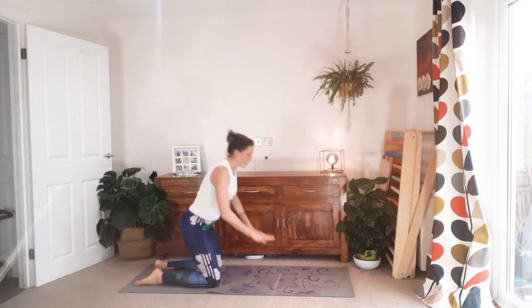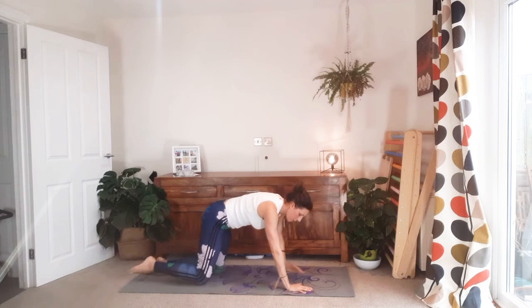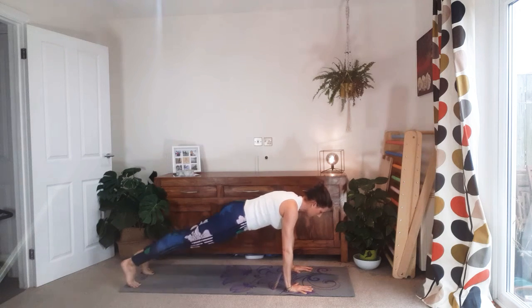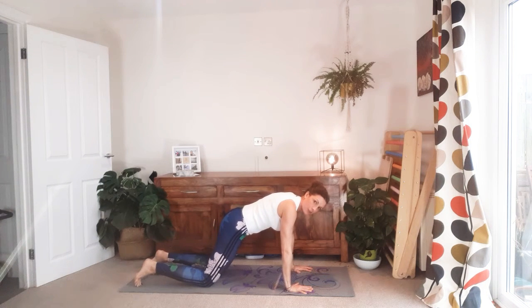So we're going to start with a plank. Now, for some people, plank in itself is too much of a challenge right now, so let's lower the knees if we need to. Let's listen to our body. Wherever you are, here or here, spread your fingers, and you can keep the knees down for this whole section,